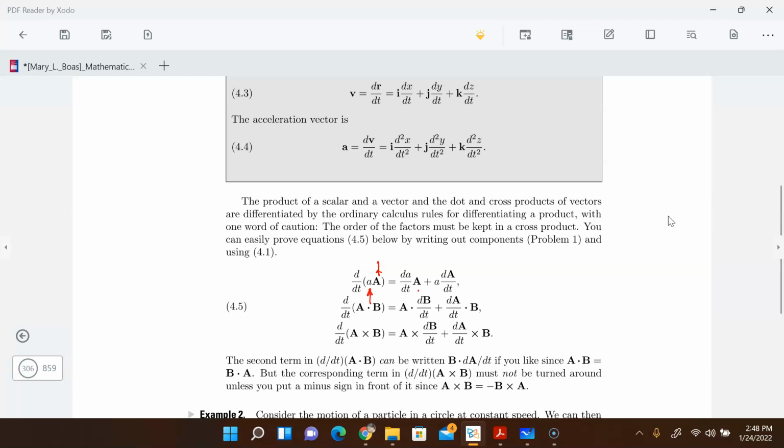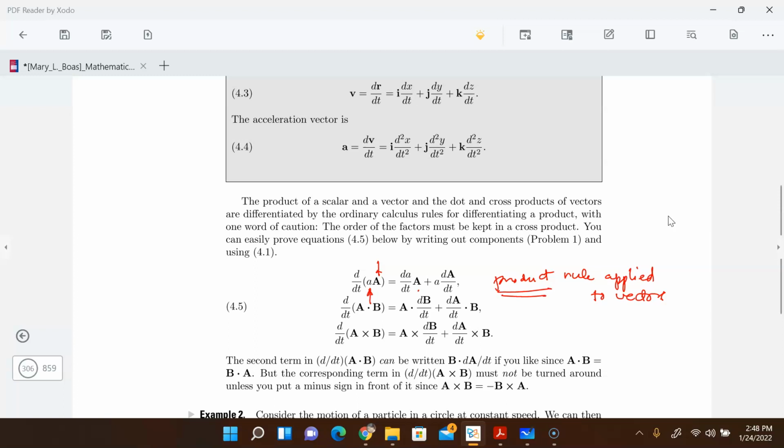So this is like your product rule applied to vectors. Similarly, for products of vectors, here is a scalar times vector, and here is a vector times a vector in terms of a scalar product. You still have the same idea, so you have the product rule